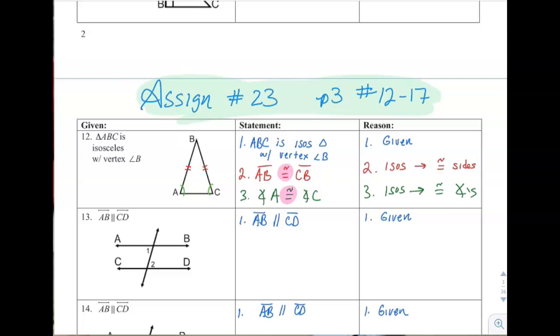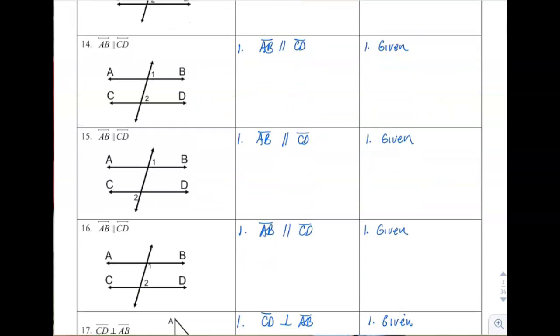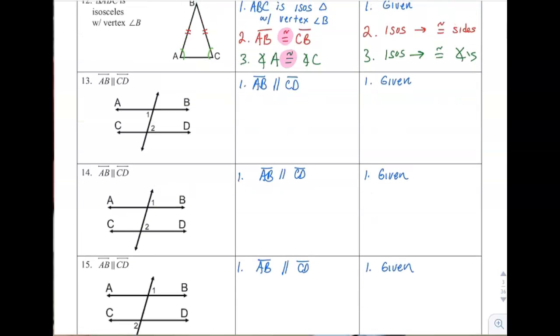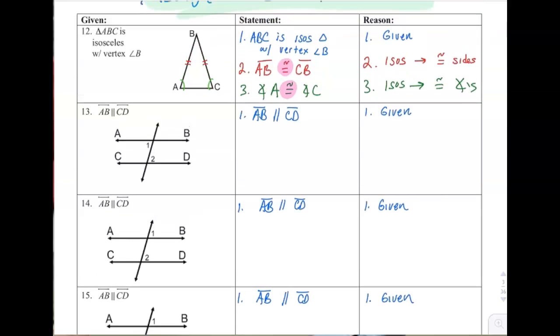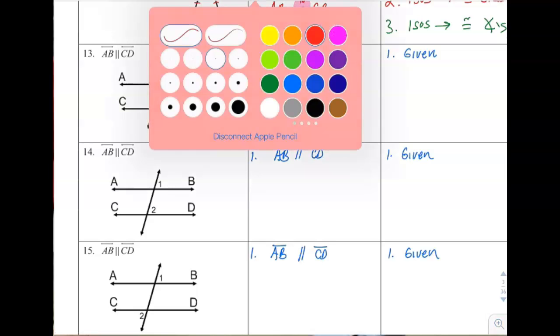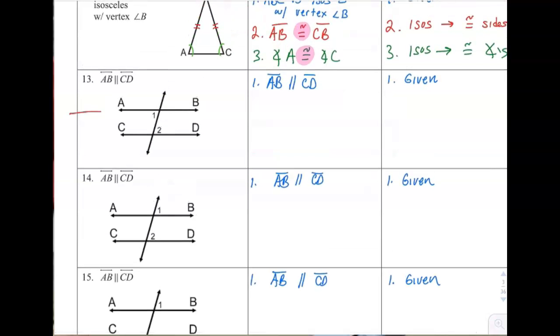All right, number 13. Actually, 13, 14, 15, and 16 all have the same picture with the same given, that the two lines are parallel, but then they label the angles a little bit differently each time. So if these two lines are parallel, and we have a transversal going through, then we can say angle 1 is congruent to angle 2